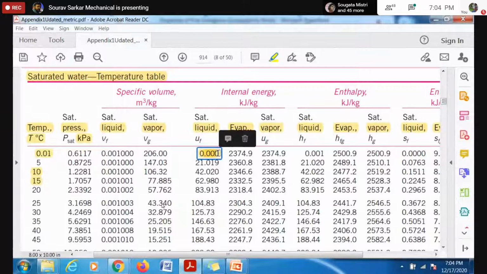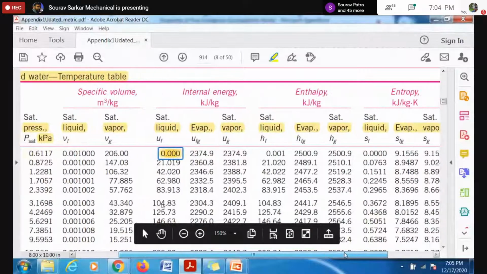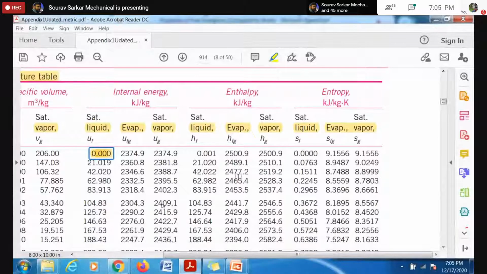So if I try to continue from this point, so now if you see the HF, yeah. Sir, can we explain this in this manner that when the saturation temperature increases in the upper direction, the vapor dome also shrinks towards the critical point, and at the critical point, the liquid and vapor actually coincide with each other. That's why the UFG becomes 0, because UF and UG are practically the same at that point.